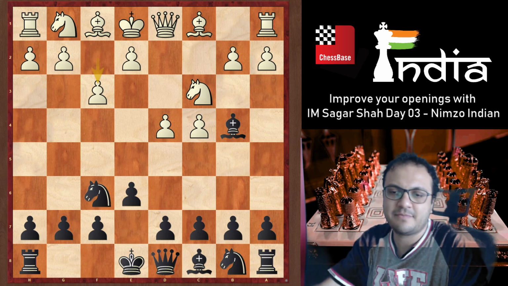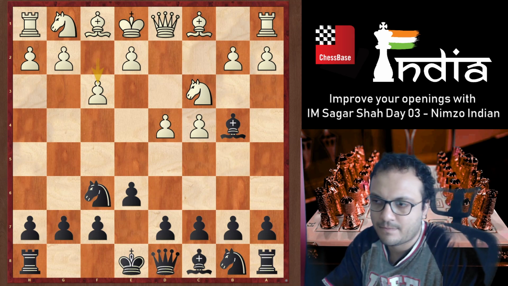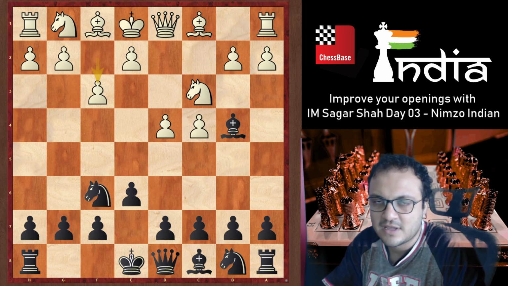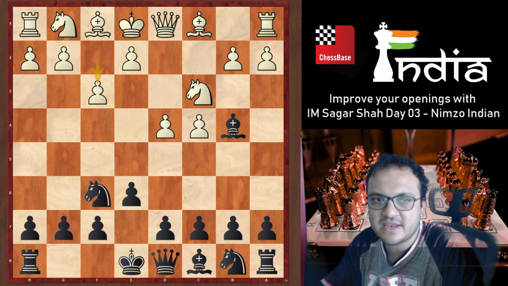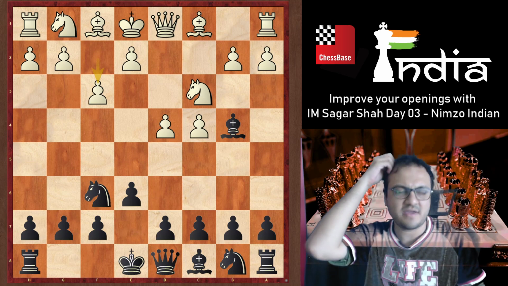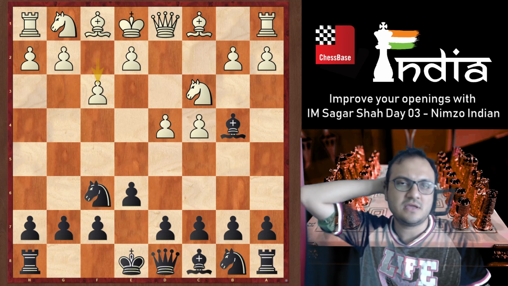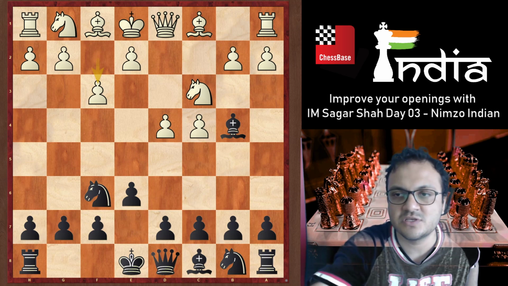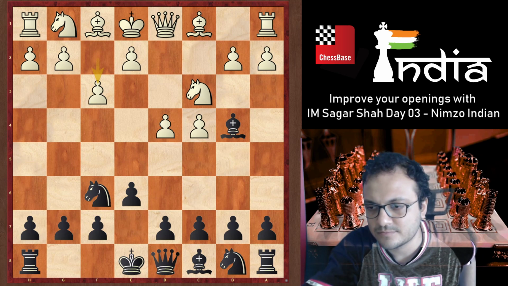And what should Black play in this position after f3? This is actually a very, very well-known system that has been used by several top players, especially players like Vidit, who plays it very regularly. In fact, he recently beat Kramnik in last year's tournament with this move. Also, he beat Aronian recently with this move. Yes, it's the Saemisch system.